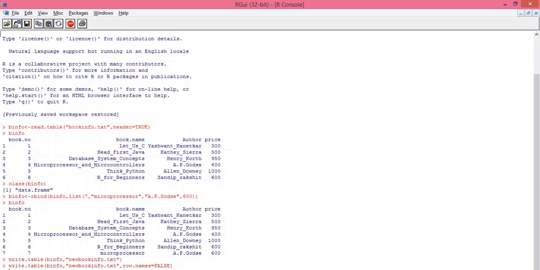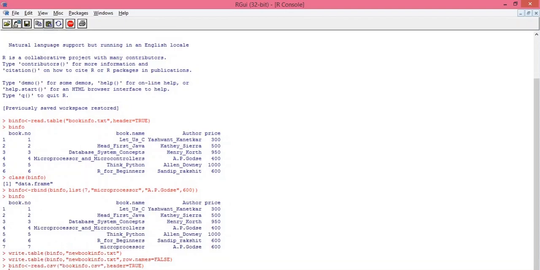I'm using the same data frame, that is binfo, with read.csv. The file name of my CSV file is bookinfo.csv. I am reading this file and I want headers also, so header equals true, as my file consists of a header.